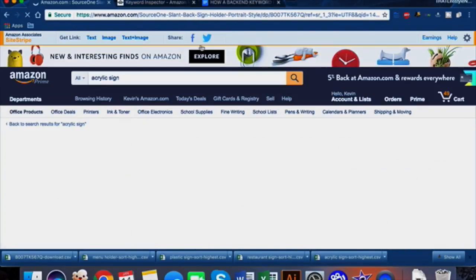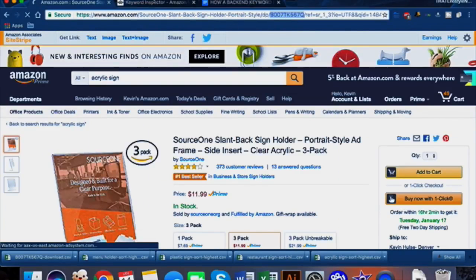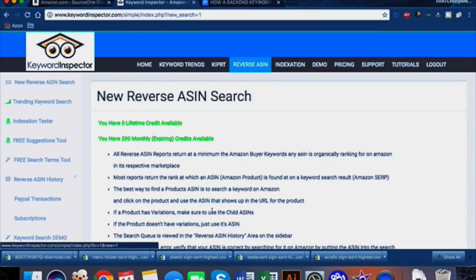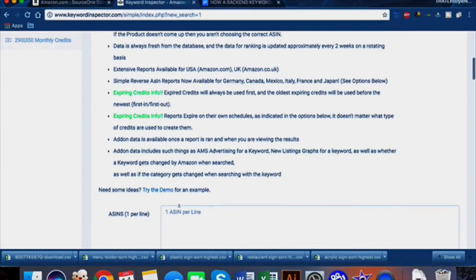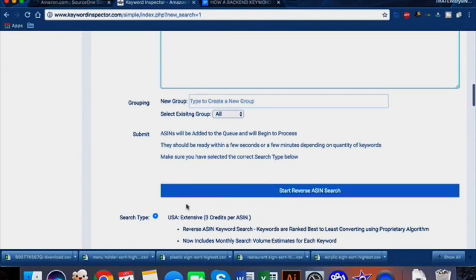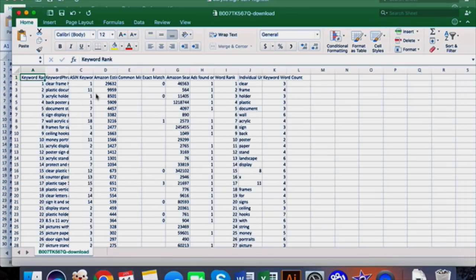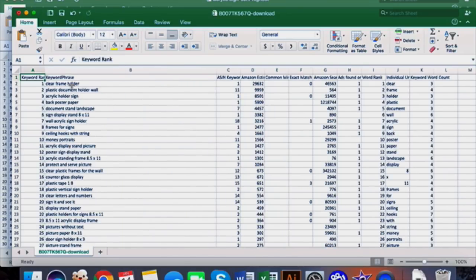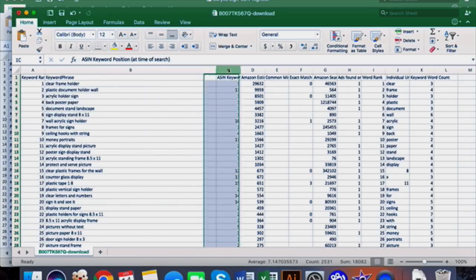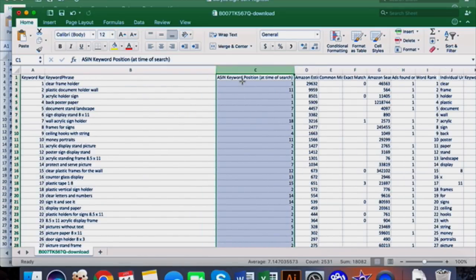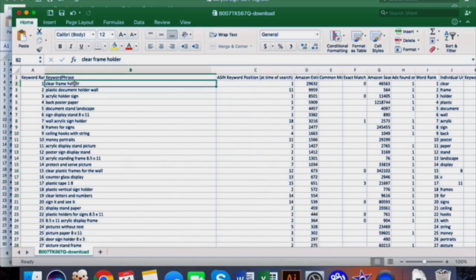So let's go ahead and click into this listing, copy the ASIN, go into new reverse ASIN search, paste it here, and start reverse ASIN search. And I usually use the USA extensive 3 credits per ASIN. And so once you have that downloaded, you can take a look at what your competitors are ranking for. So this is showing the keyword phrase itself, the ranking on Amazon pages for the specific keyword. So for example, if someone searched clear frame holder, they would appear in the organic position 1 for this keyword